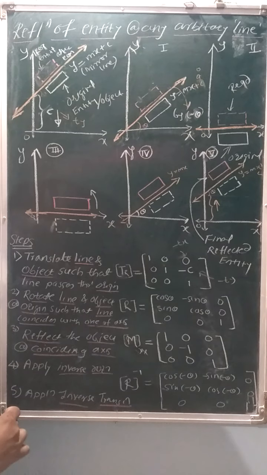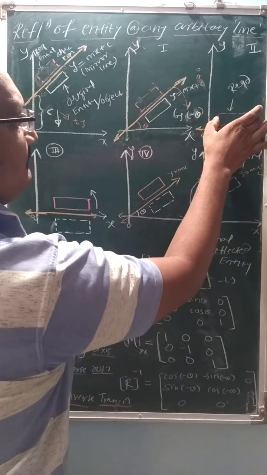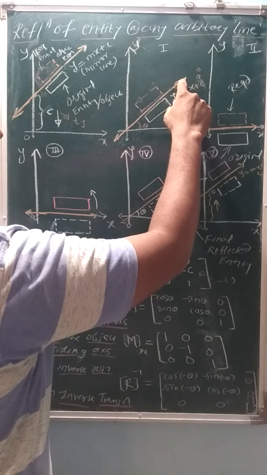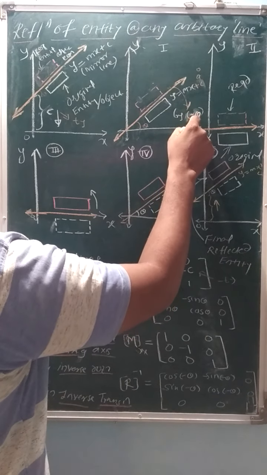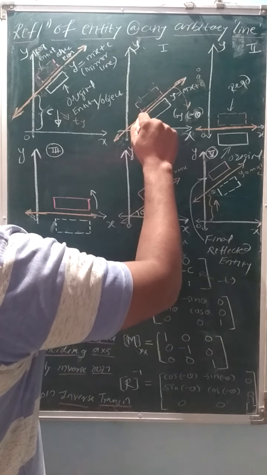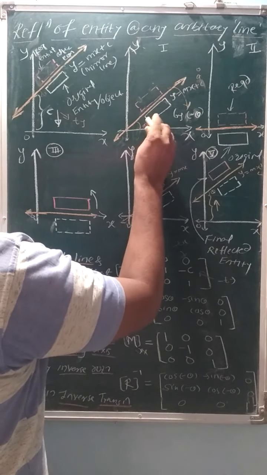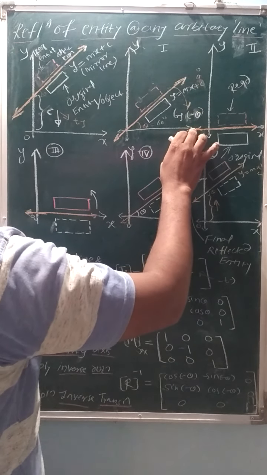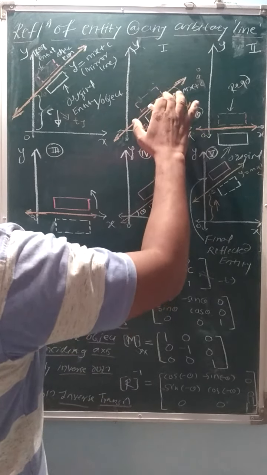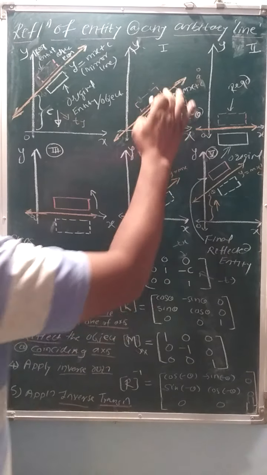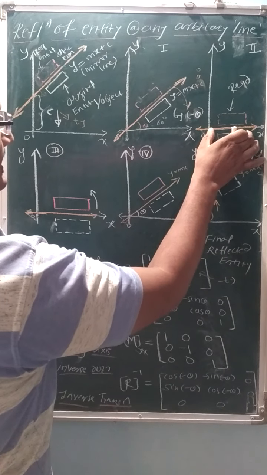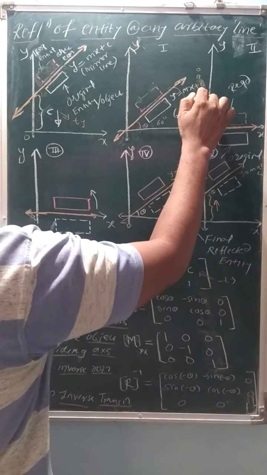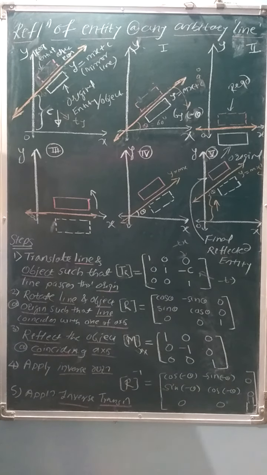So this is the second step. This one is the original image, this one is the required reflected image. Now in this case, if you are rotating this from this position to this position, suppose this existing angle is 60 degrees, so you have to rotate clockwise by minus 60 degrees so that it will coincide. And when it coincides with this particular axis, this particular distance will be 0, or this value of c is again 0.